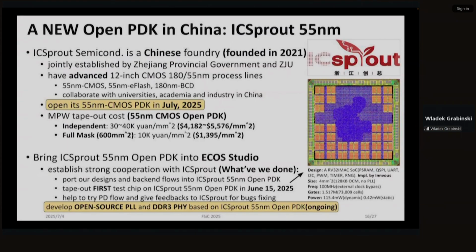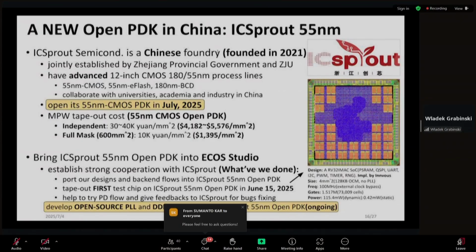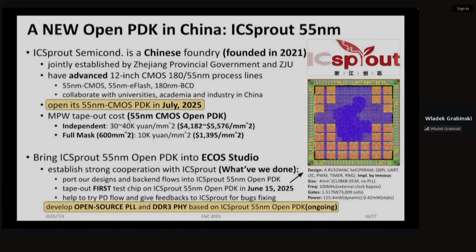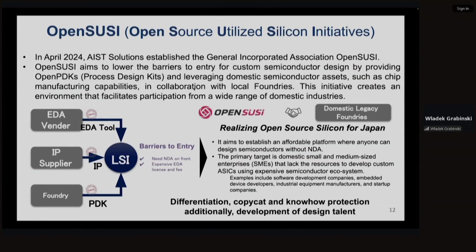They also opened the very first process, 55 nanometer at ICC in China, giving low-cost access to the process with different options, including standard CMOS with memory, eFlash memories, and eventually a 100 nanometer BCD process for automotive IC design. In Japan, they have a similar initiative.